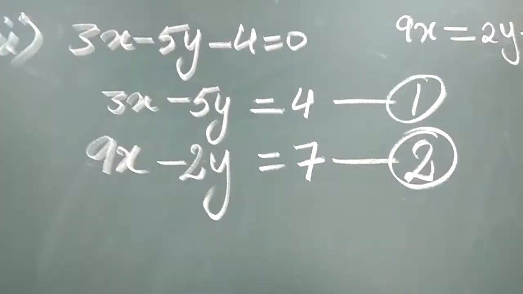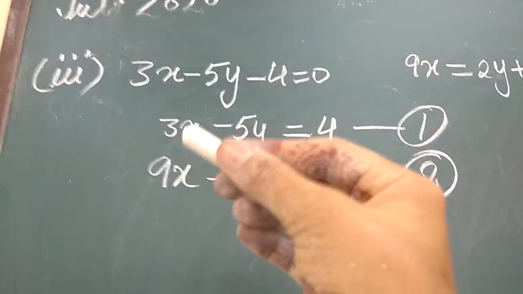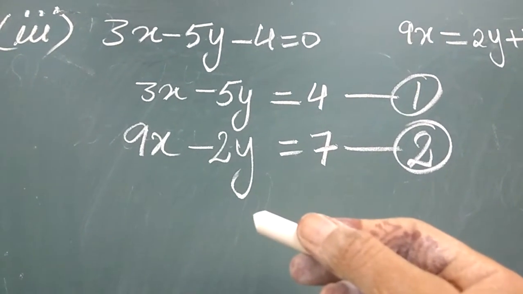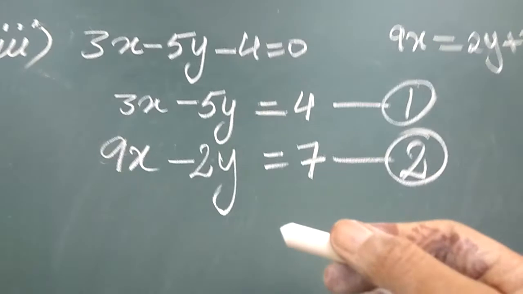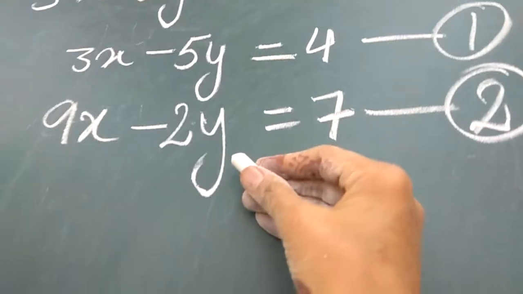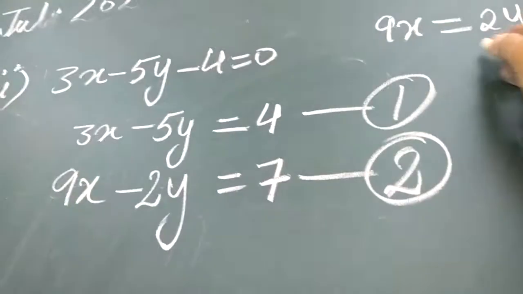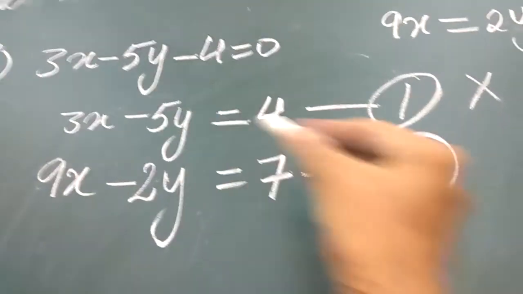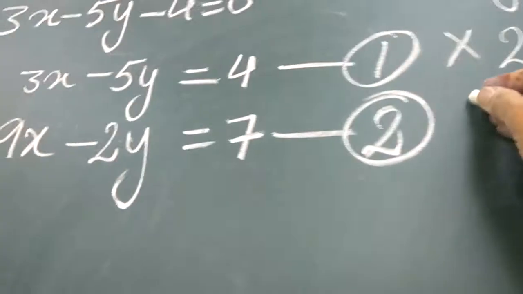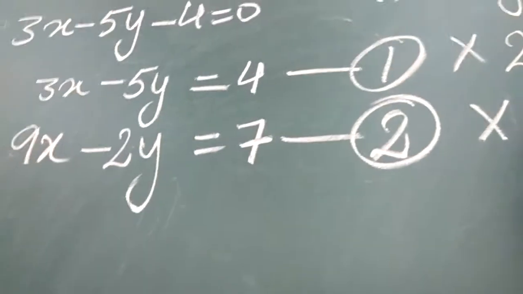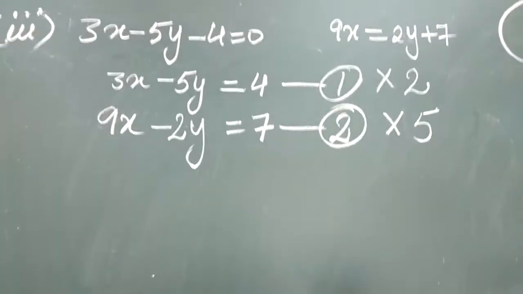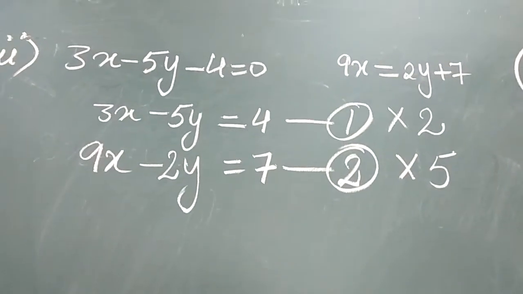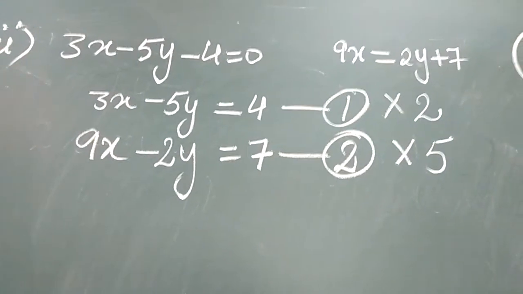Now dear students, follow the same method. Either eliminate x or y. It is all your wish. Just go with the method. If I want to eliminate y, then cross multiply the first equation by 2 and the second by 5. No need to take the sign, students. Do not get confused. Do not multiply by minus 2 and minus 5. Signs will be adjusted in the next step. Okay? So just multiply them and get the answer.